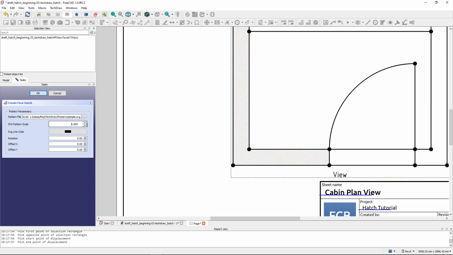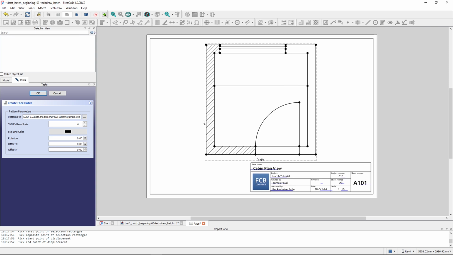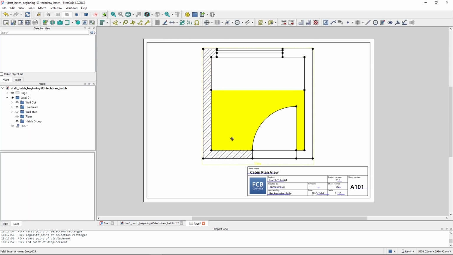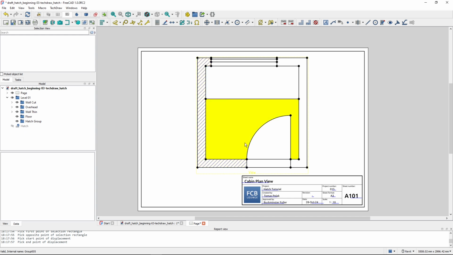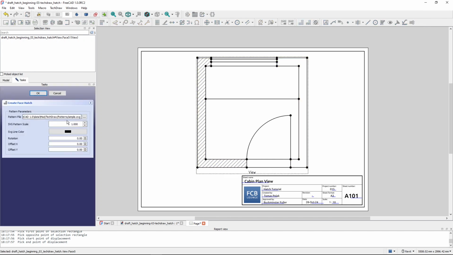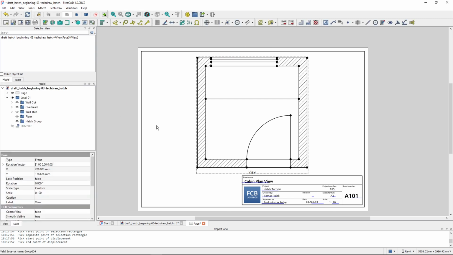So I want to make the scale a bit larger, and let's make it 4. Yep, so let's do it like this and hit OK, and that's it. The hatch pattern is created. So this is quite easy. I select the closed area, select the tool, select the scale, and hit OK, and the hatch pattern is